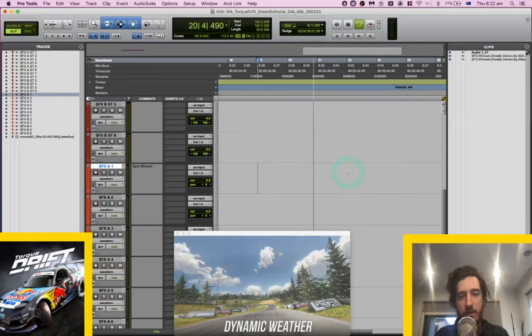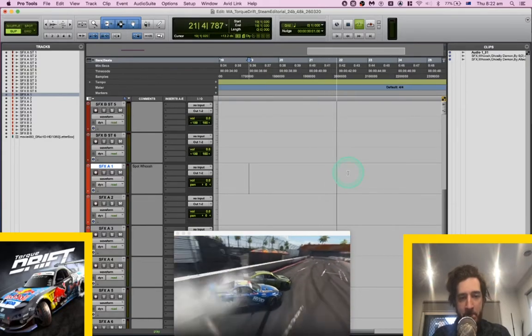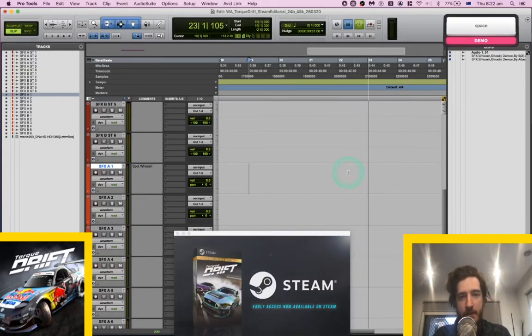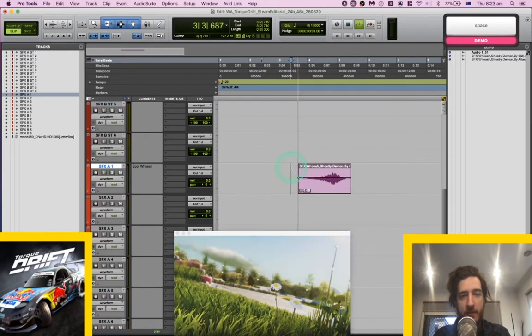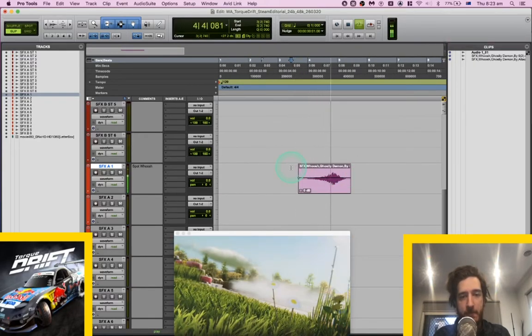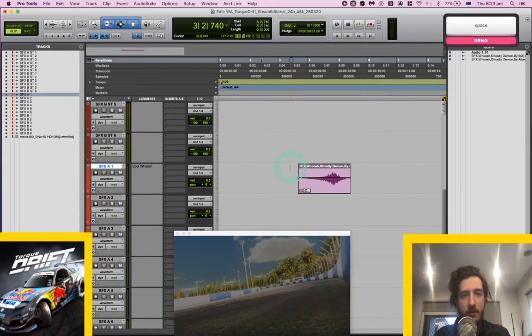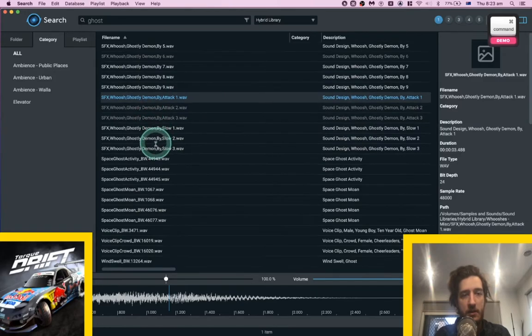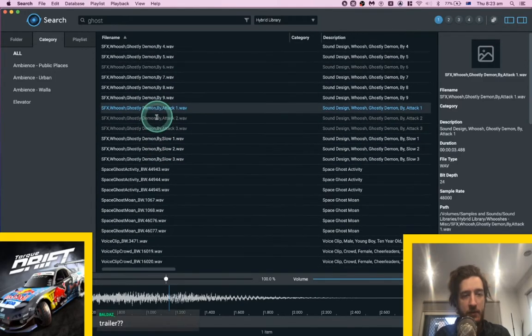What have we got? Maybe that one doesn't have a spec for it. Let's get the shorter whooshes I was looking for.